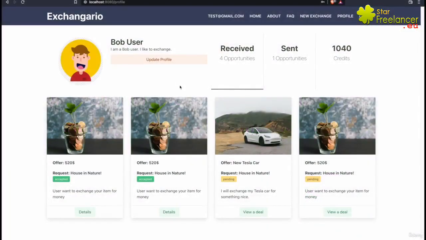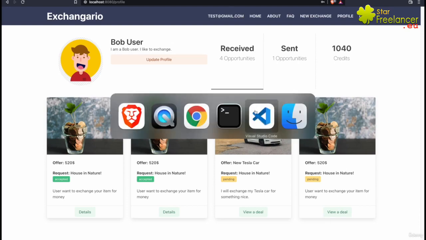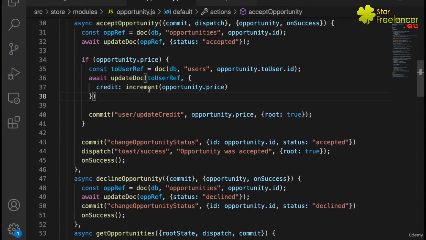Hello, welcome here. In the last lecture, we have increased the credit of the user when we have accepted the opportunity. In this lecture, we'll go the other way around. We will decline the opportunity, and that should refund the creator of the opportunity. Okay, so back to our code, and this should be pretty simple because we just need to go the other way